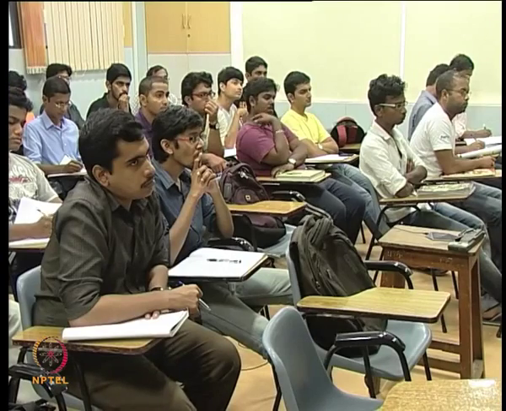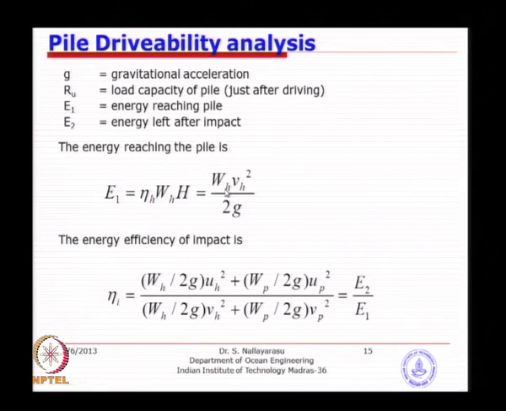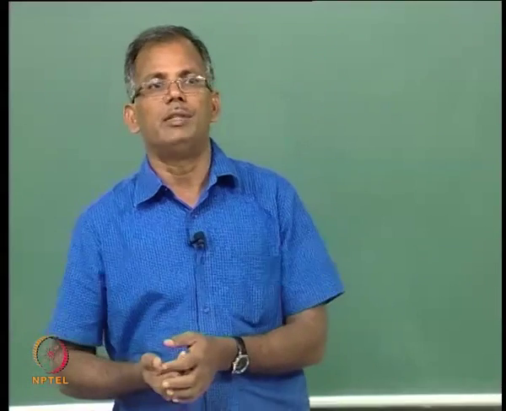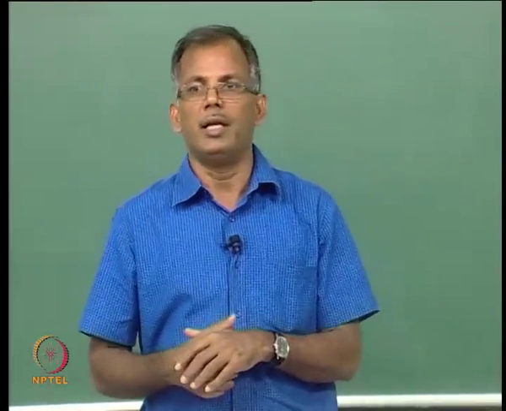So, basically this WH is only the moving component going up and coming down, and that you can calculate. W by g will give you the mass, and then you can calculate the kinetic energy. And the energy efficiency during the impact is taken as the ratio of the velocity before impact and after impact. That is why you see here UH, VH, UP, VP, which is the ratio of just prior to impact and just at the end of impact, whereas the energy of the hammer itself is due to system components, how effectively it is able to generate the energy.